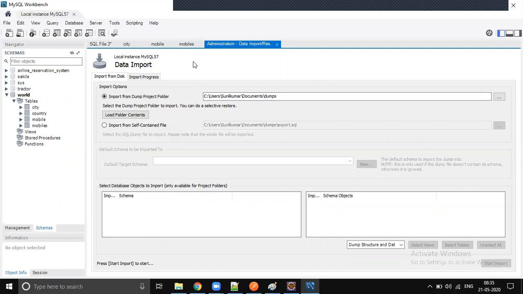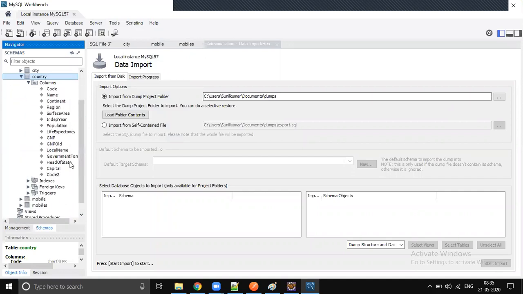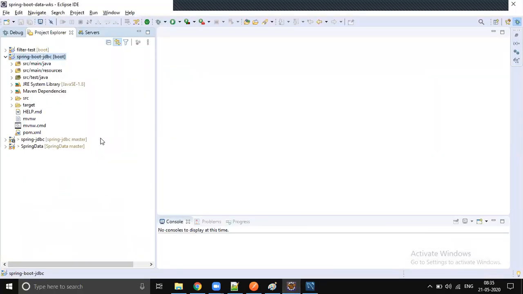After that, you just go to schema and refresh. You will see the table created called country, and it will also have the columns and data. This data is required to play with this table, so that's why I'm sharing it with you. Just complete it. Now let's go to